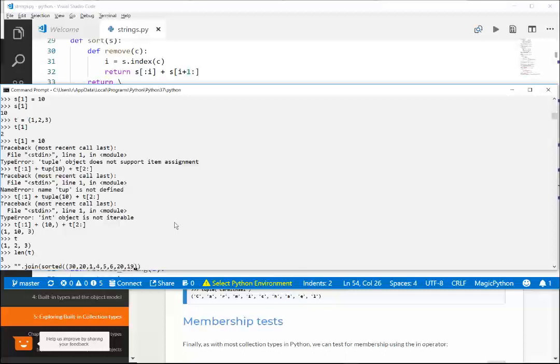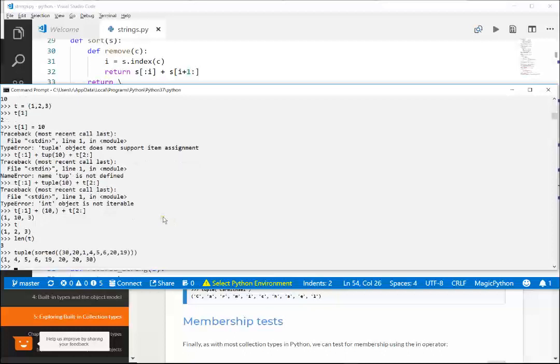All right, notice the 2 levels of brackets, right? The first level of bracket is the call from the function, the invocation, and this is for the tuple. We have to close both brackets. And if we do this, actually I'm not going to say join, I'm going to say tuple here. Okay. And as I come here, I will have to add another bracket. All right, so you see the tuple